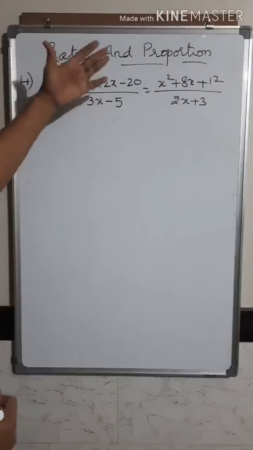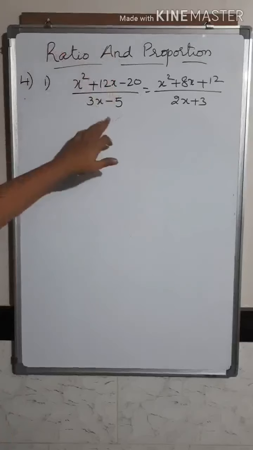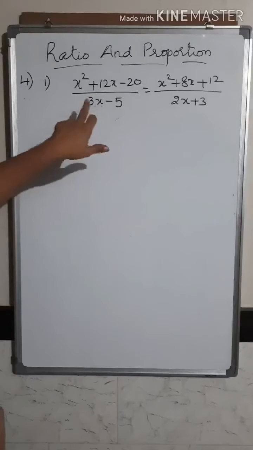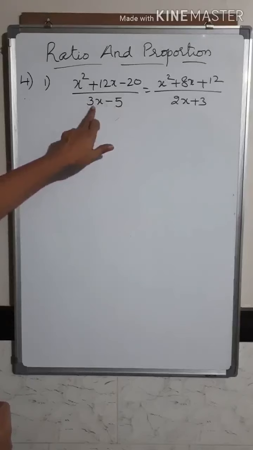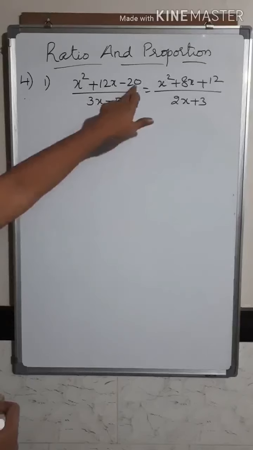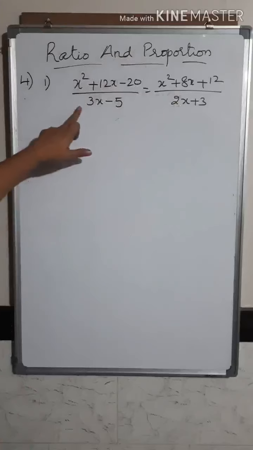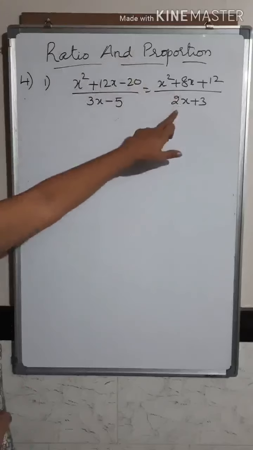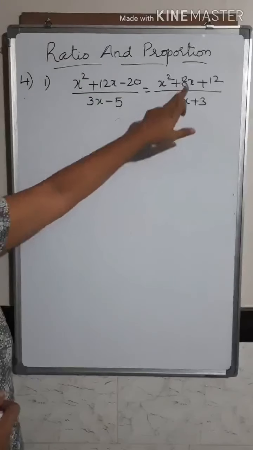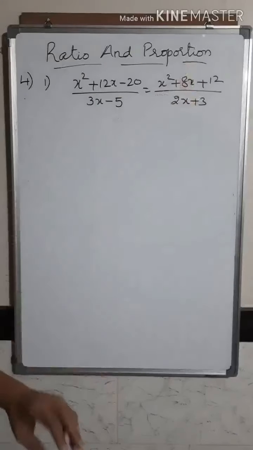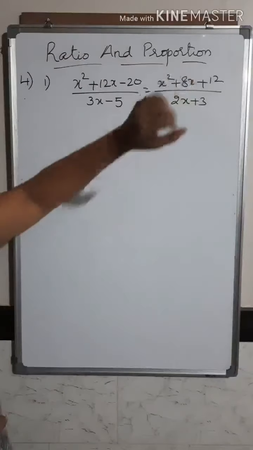Now in all these problems, you can make the terms in the numerator and denominator the same by multiplying. Sometimes in some problems you have to multiply the numerator, in some cases you have to multiply the denominator. So here if I multiply the denominator by 4, 4 3s are 12, 4 5s are 20, I will make these two terms equal. Same way if I am multiplying here by 4, I have to multiply the other side also by 4. So when I multiply this by 4, 4 2s are 8 and 4 3s are 12.